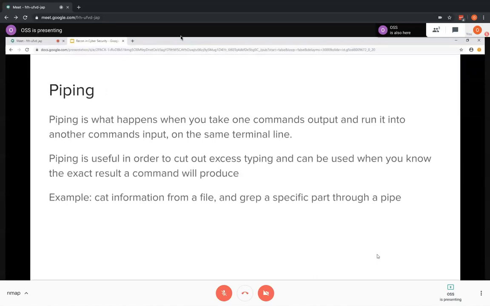Piping is when you run 2 commands on 1 line. If you want to cat a file to pull all the contents, let's say you have a really long file, like 50,000 lines, and you want to just pull out specific words. Let's say one word comes up like 50 times, and you don't want to pull that. You want to pull a different word, just A, that only comes up once. If you cat that whole file, you're going to have 50 instances of this and 1 A. So if you want to do,